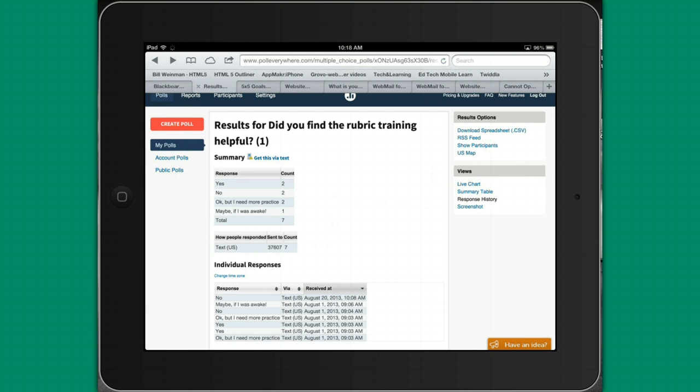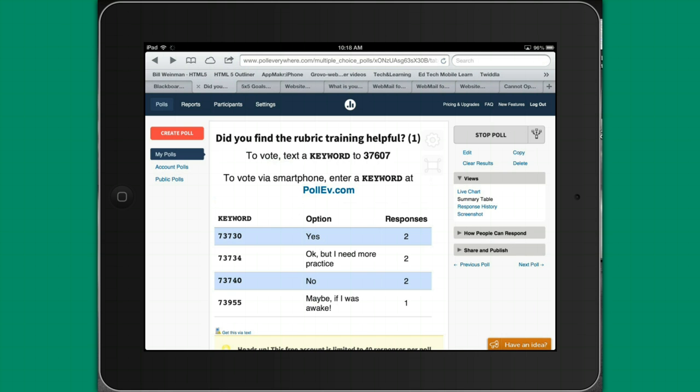And I did want to show one other area here, and that is I'm now back to that particular poll that I just pulled up. Going underneath the stop poll box to the right, you have edit, copy, delete, whatever, and clear results. So if you've already used this poll and you've used it for whatever you needed to use it for, and maybe you need to use it next hour, but you've already captured all your information, you got a screenshot, or you actually took advantage of the